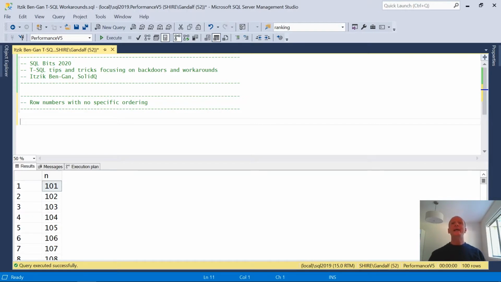Postgres, by the way, has such a function called generate series. You provide a low value, a high value, and it produces a sequence of integers in this range. Super handy, super useful. You have to come up with your own workaround if you need such a function in T-SQL. So we'll write a function that generates a series of